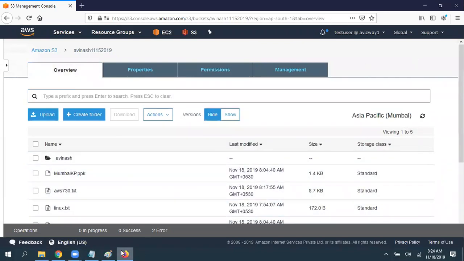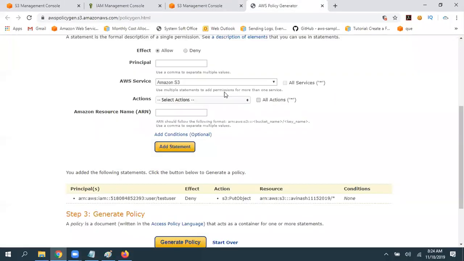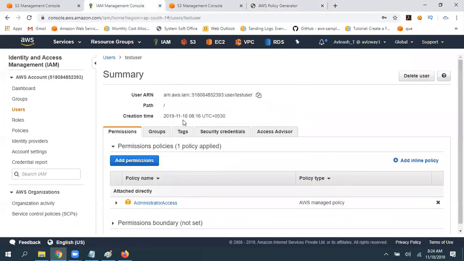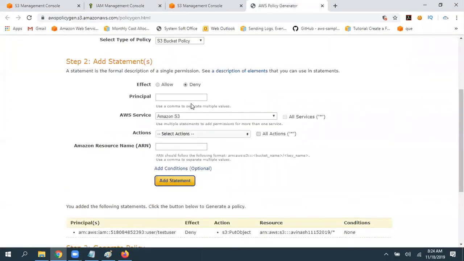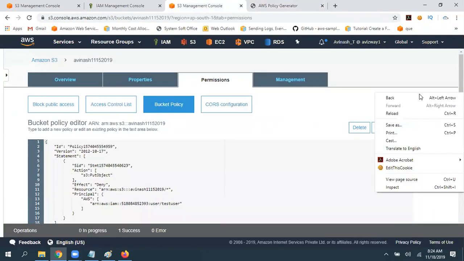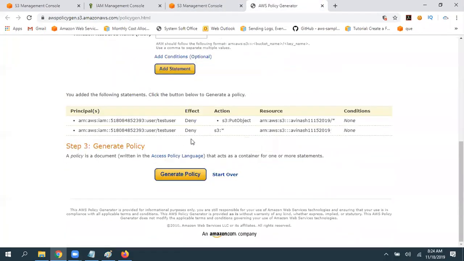So whatever the operations you want to deny, select all of them here. Select all those operations for the given IAM user, then you can apply that. All actions on the particular bucket. Give that add statement.